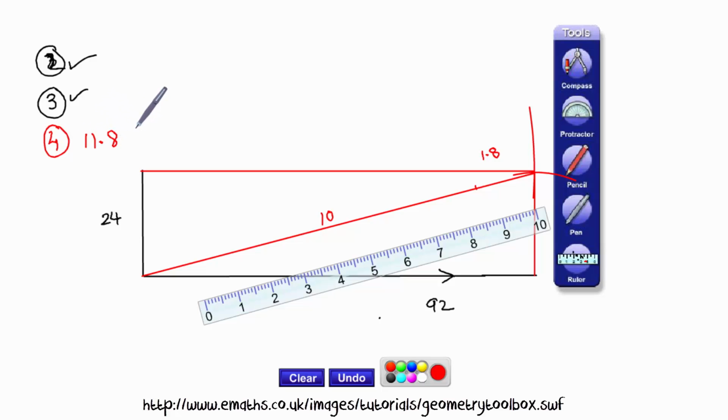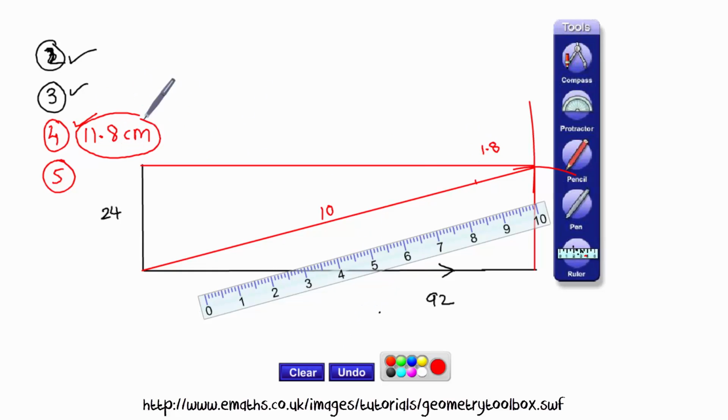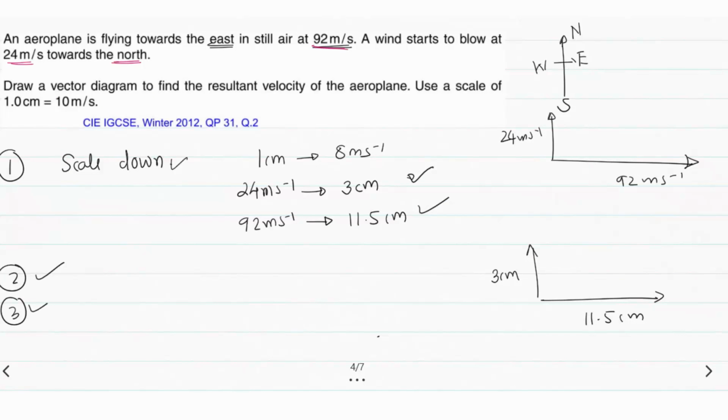Okay, and that's centimeters, so you don't have to get confused. 11.8, that's my fourth step. Are we done yet? I think we need to complete the fifth step, and I'm going to borrow this number from this picture. So we completed the second, the third, the fourth. Now we're completing the fifth, where I know that